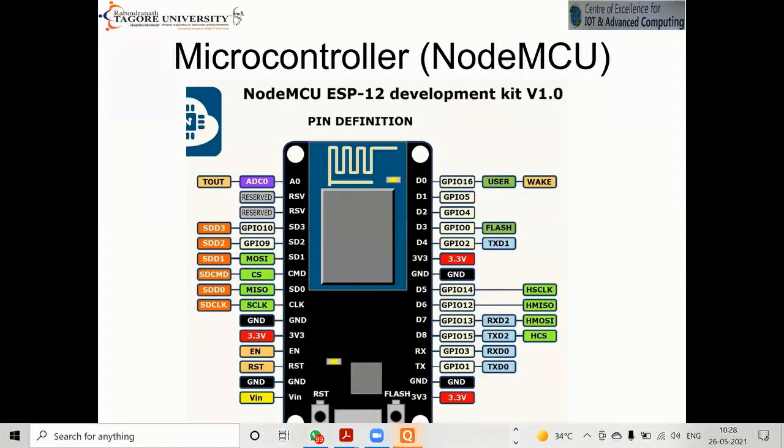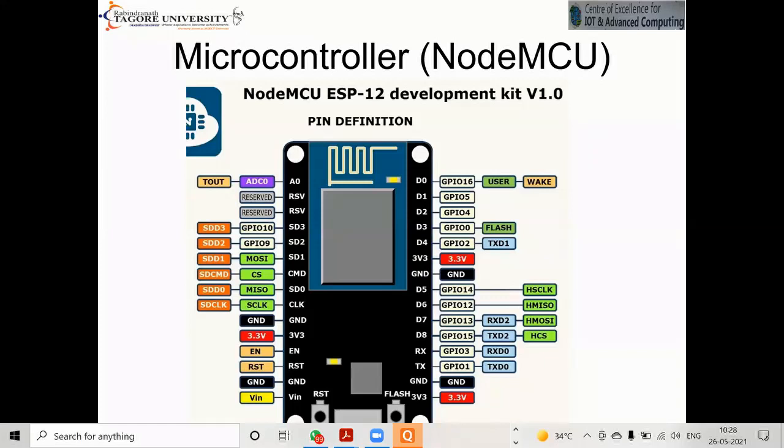First of all, any microcontroller or microprocessor will go through pin specification and pin definition. When you go for that, it is easy to understand the pin definition. So in the microcontroller, there are mainly two types of pins.